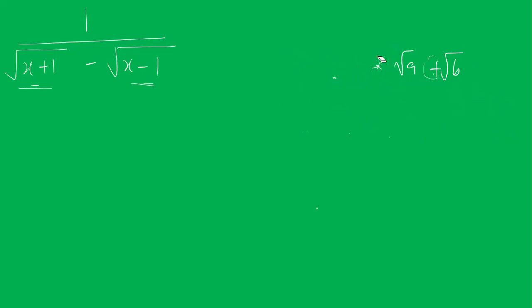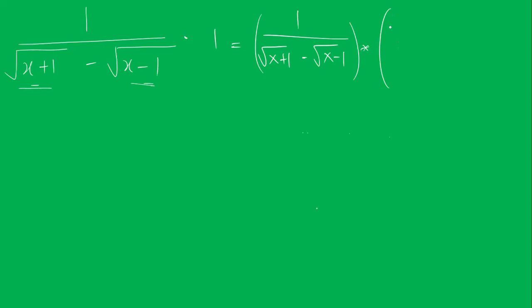So that is the rationale behind using the conjugate. So now, what we're going to do, we're going to use the conjugate of this denominator to multiply both sides. So now, this expression is just saying multiply this by 1. It's the same thing. So what we're going to do is 1 all over the square root of x plus 1 minus the square root of x minus 1